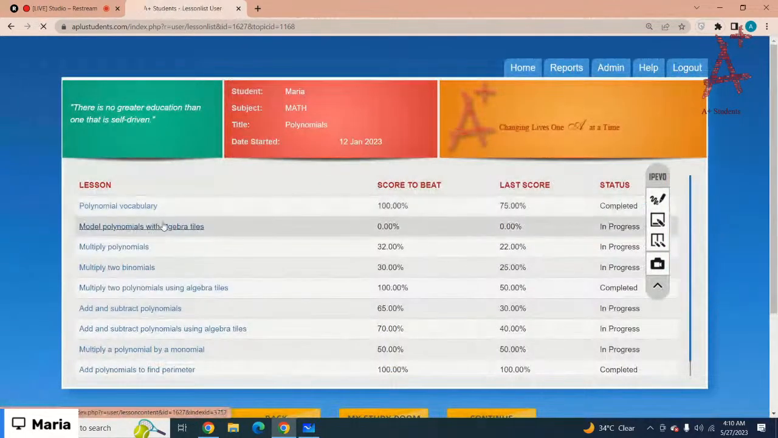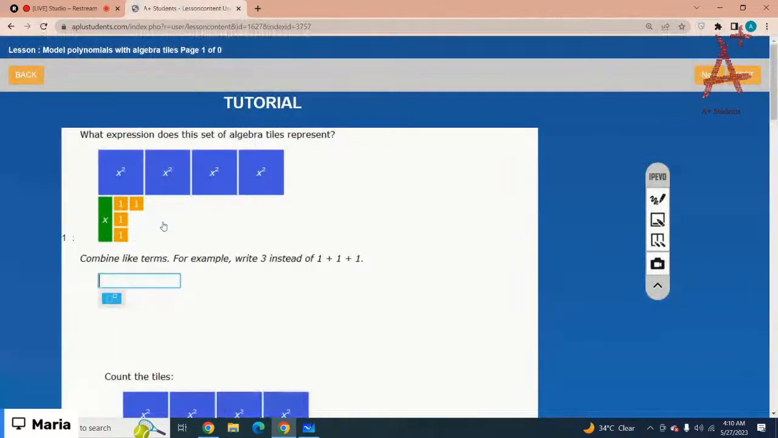Model polynomials using algebra tiles. So let's just start with the question: which expression does this set of algebra tiles represent? Basically you have to count the tiles here. Here you have 1, 2, 3, 4 tiles with x square, so it would be 4x square, and just one with x. 1, 2, 3, 4. It would be